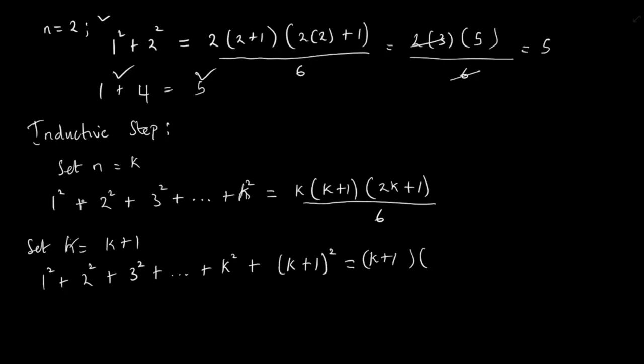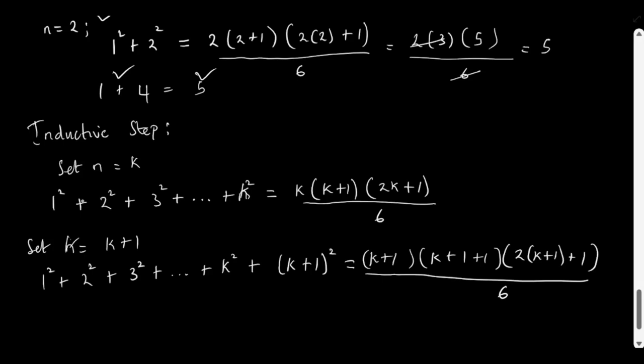We have, if k is k plus 1, then this term will be k plus 1 plus 1. Then we have 2k plus 1 plus 1